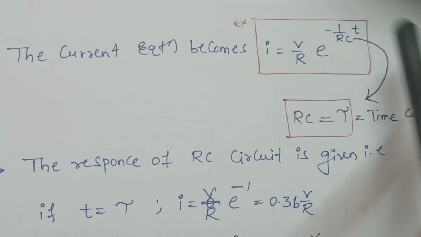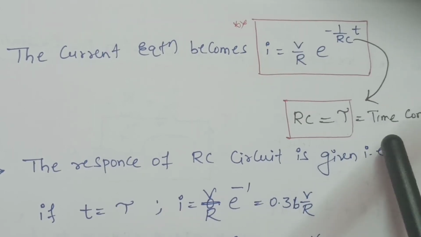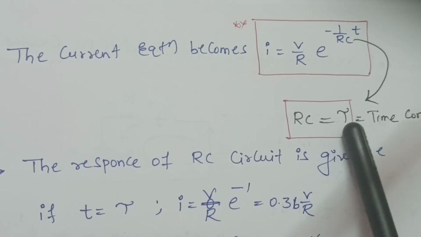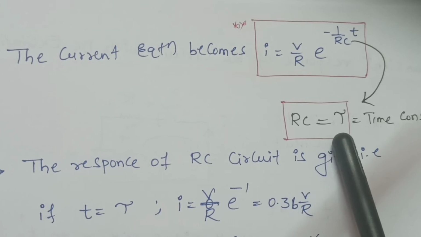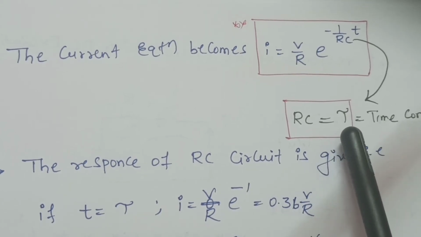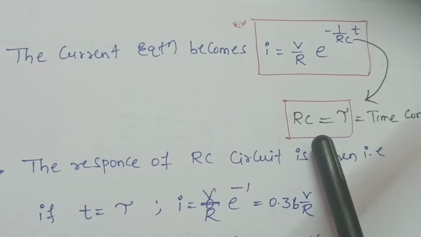Now in this we are having some RC. That RC is called the time constant. It is represented with the tau symbol. It is similar to t only, but it has some curve. This is called the tau symbol. That tau is called the time constant. What is the time constant equation? R into C in our RC circuit.